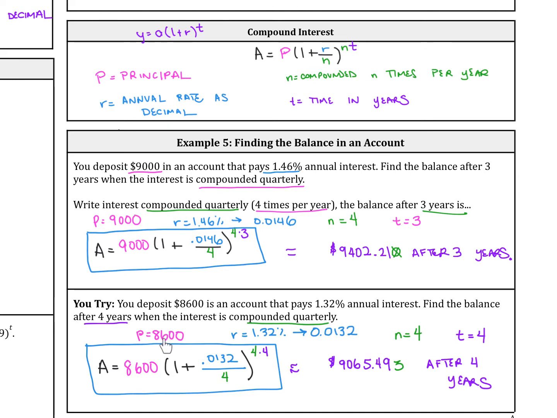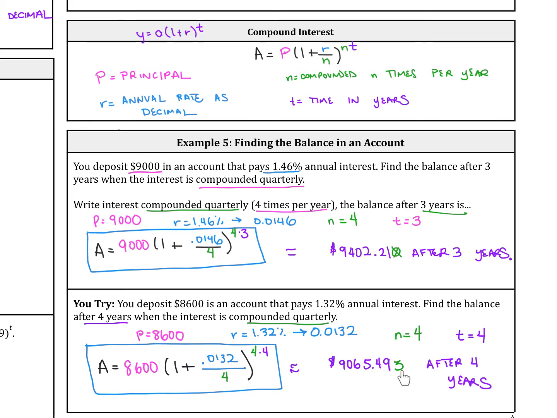To try this out, the principal is 8,600. The rate is 0.0132 as a decimal. It's compounded quarterly, so that's the same, it's 4. And then time is also 4, so time after 4 years. So this is what your model should look like. Then when you plug it into the calculator, you should get